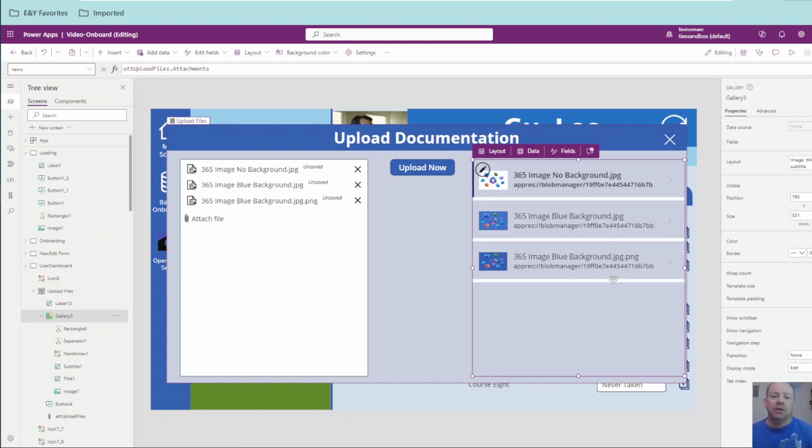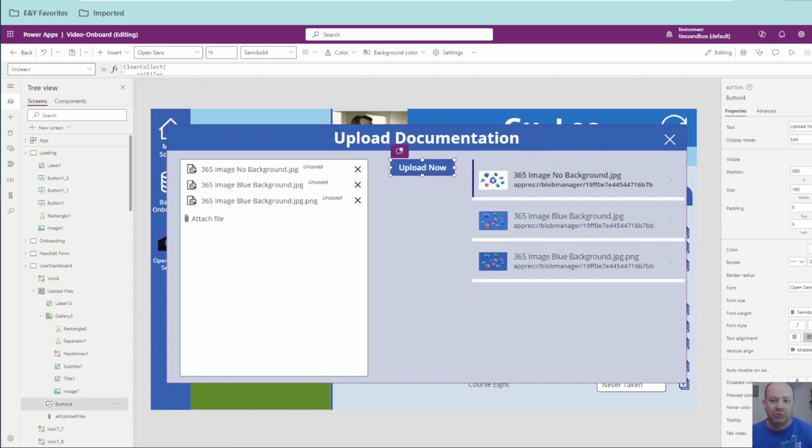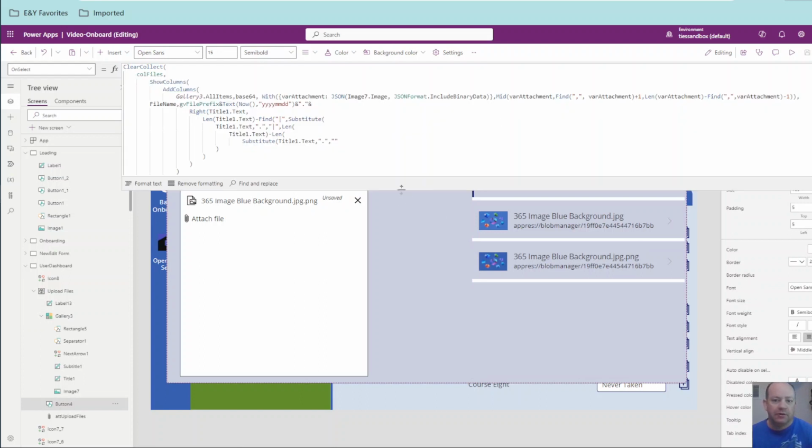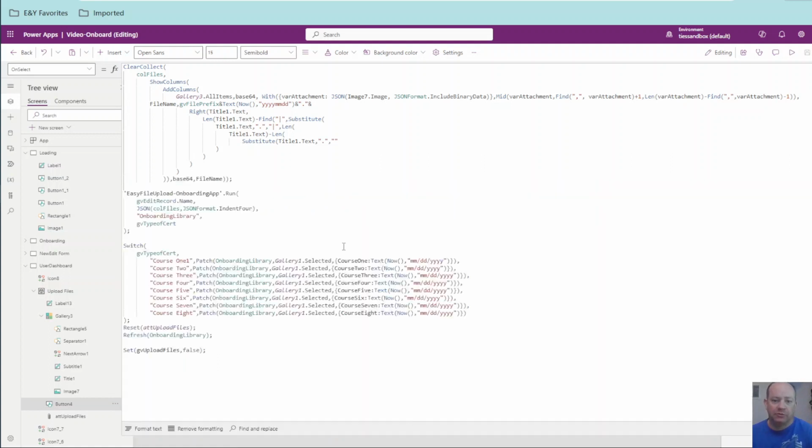Okay. Now, we got that set up. Now the real magic happens with the button right here. Okay. So I'm going to open this button up and show you what the code looks like. There's a lot in here, so just bear with me here. First thing we're doing is we're creating a collection. Okay. I call it colFiles. I call it colFiles for all my apps. And then we're going